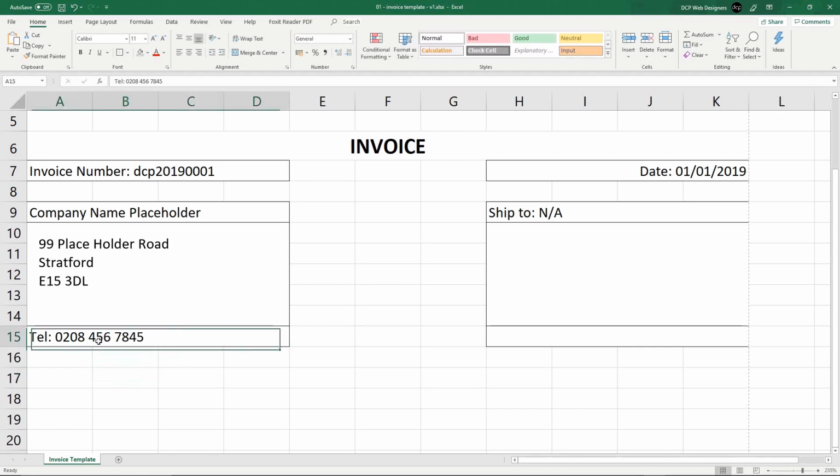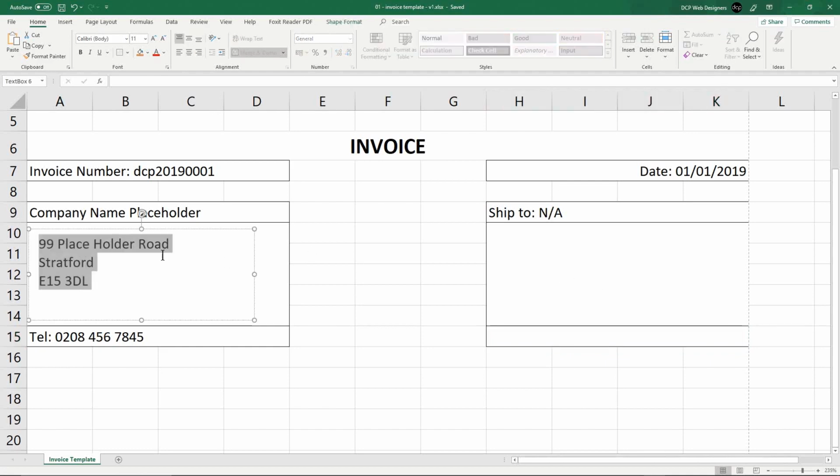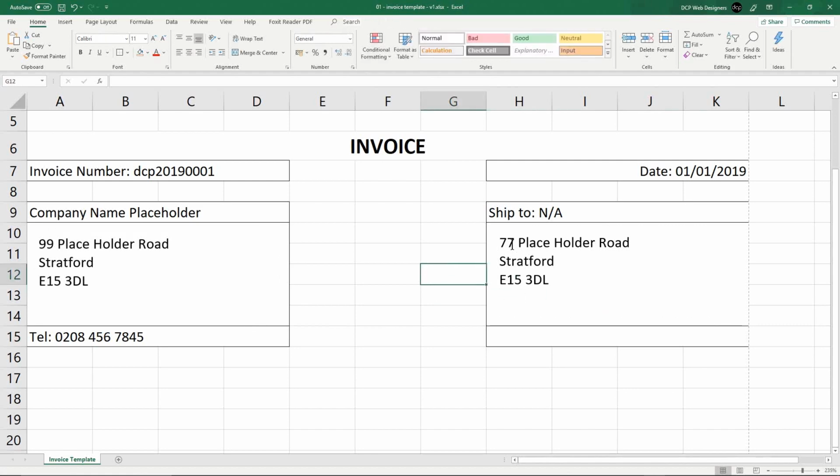So why do I put the telephone number there? Couple of reasons, and you should really put a telephone number if this address is for a different company. Let me put this back in here so we can see it, right? I'll just cut and paste this back in here. Let's put 77 in there. So when you're shipping this to this company, it's worth having a phone number for that particular business, right? Because this might be a different office in a different location which has a completely different phone number,